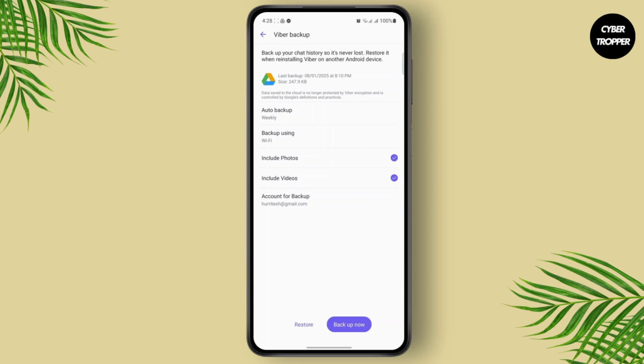Now, if you want to include photos and videos, you can do that as well. And if you haven't connected your account, you can just tap here to choose your Google account to connect it to your Google Drive, and everything will be backed up on your Google Drive. And it's